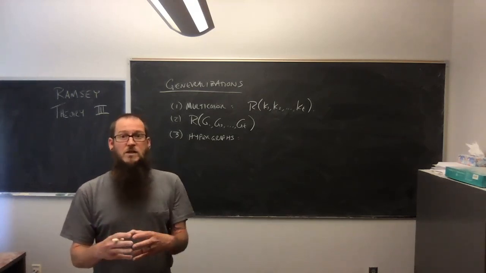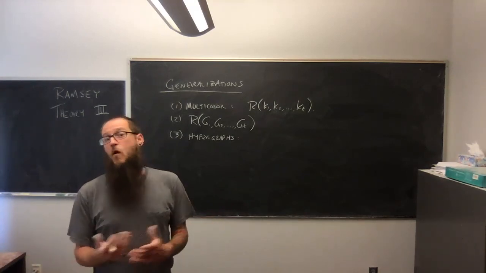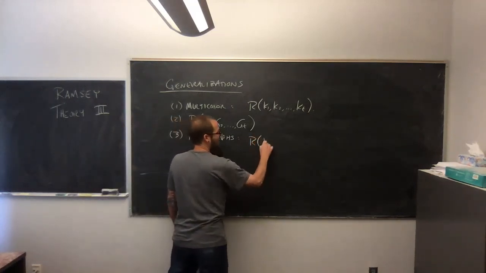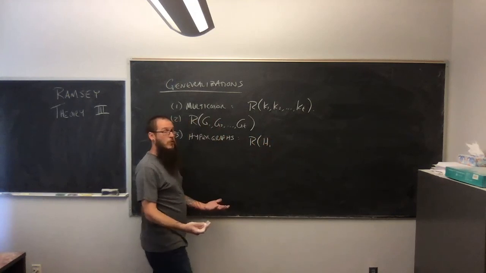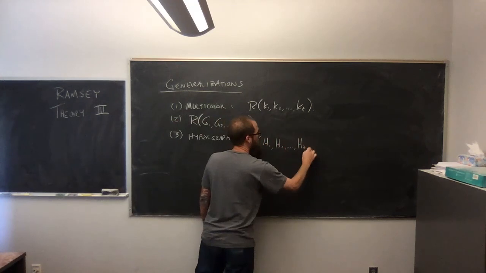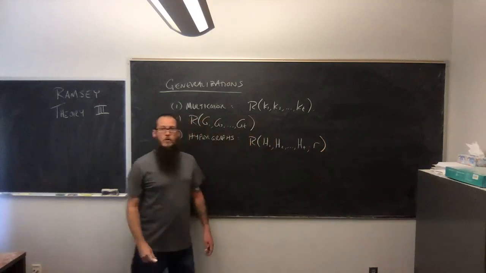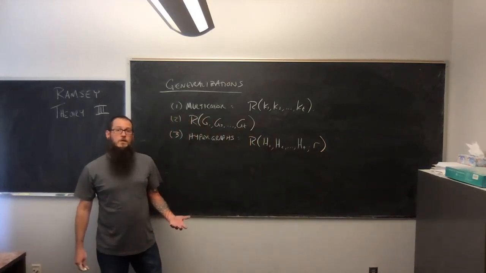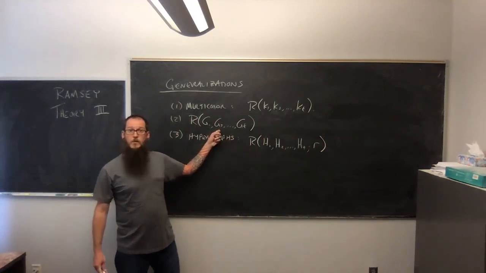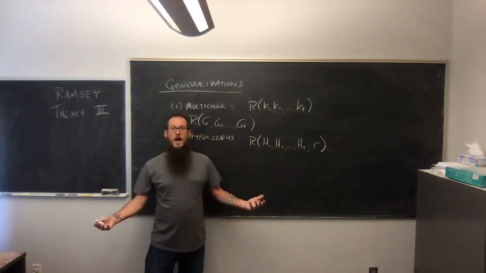Well, as long as we're consistent with what that particular order is for the set, that gives us an r-uniform hypergraph. And the way these are usually written, we might write R of, say, H1, where H1 is some r-uniform hypergraph, H2, all the way down to HT. And then typically there's a semicolon with a lowercase r here, where the lowercase r is just telling us what the uniformity is. So if we're actually focusing on a regular graph Ramsey number that's multicolor, I would just let r be 2, because graphs all have two vertices in every